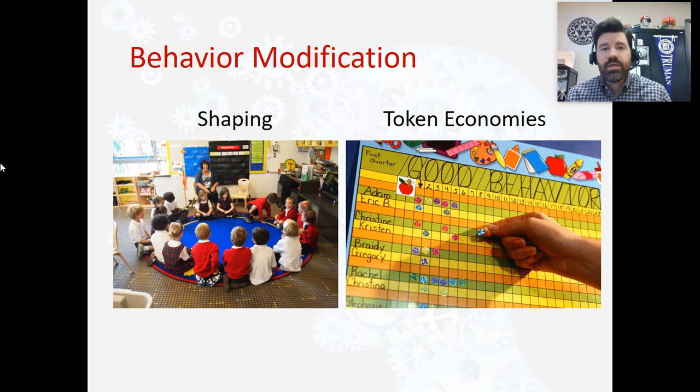Token economies. The idea behind a token economy is, I don't know what's rewarding for you. Maybe you hate Tootsie Roll Pops, and so trying to reward you with a Tootsie Roll Pop doesn't work because you don't like them. Well, a token economy is when I reward you with something that has no value at all. I put a sticker on a sticker chart. Who cares? Well, here's the good news. If you get 5 stickers on the sticker chart, you can pick out any prize from my prize cabinet. A token economy is when we give you something that carries no value at all, but you are able to accumulate those and turn them into something that you do value.